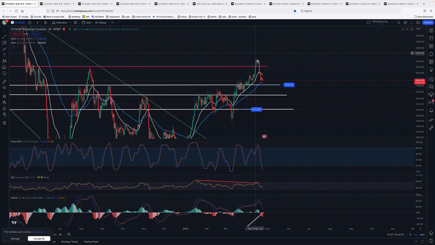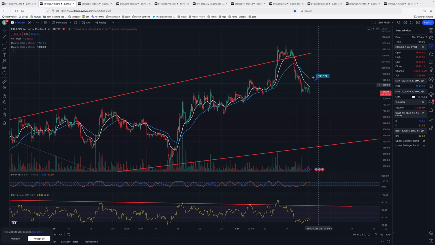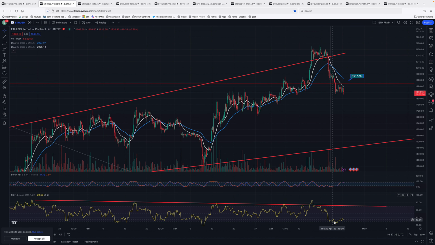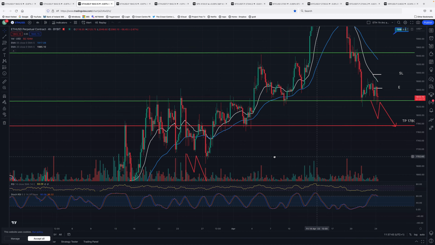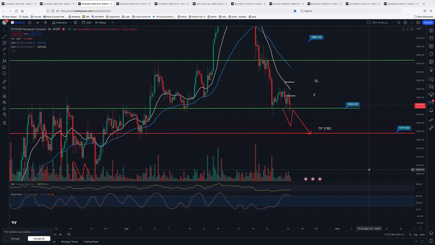This little swing here has completed a correction. And with that correction done, we need to see if this is going to lift up and do a backtest maybe of the 55 EMA on the 4-hour, or continue pushing down. The RSI on the 4-hour has reset at the bottom, but the stochastic is still up. So again, we have conflicting information in terms of the direction. Now, I believe we might see a lift and then another push in today's